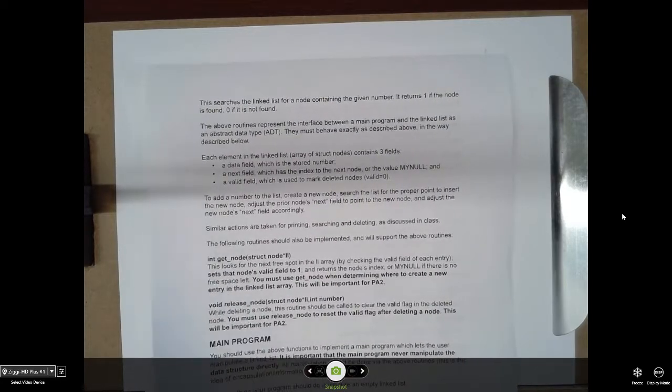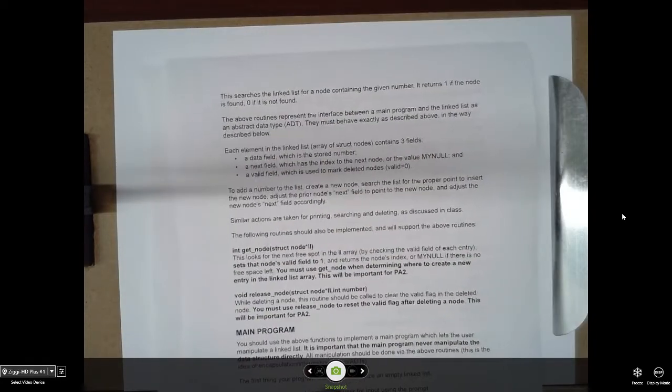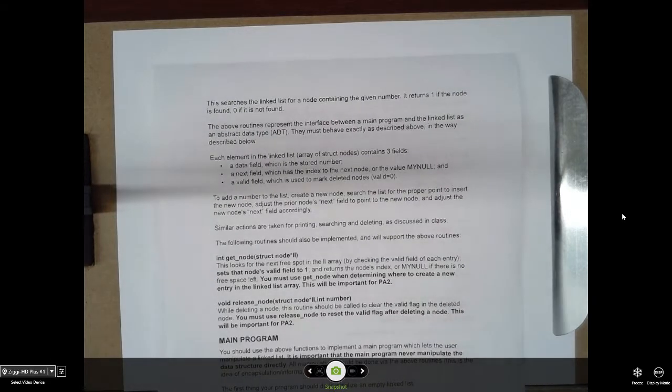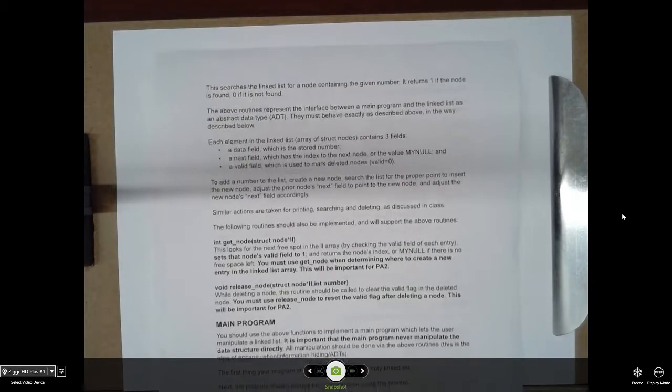So let's talk about the main program first, because the main program is kind of a 224 exercise. It's stuff that you did in some of your programming assignments in 224. It's stuff that doesn't involve data structures. It doesn't involve all of this linked listy kind of stuff. Your main program